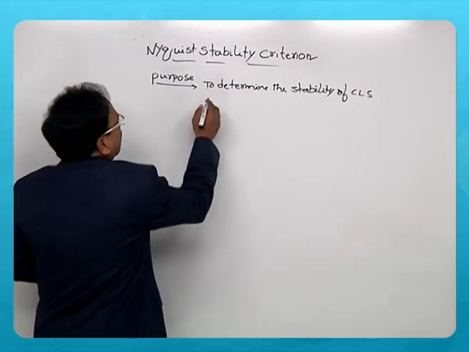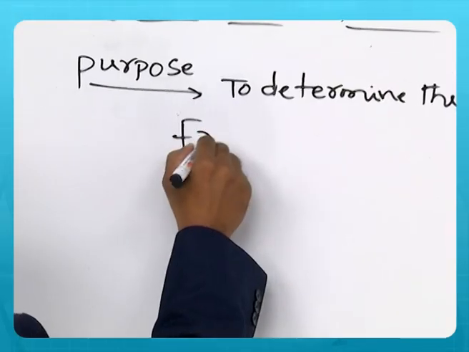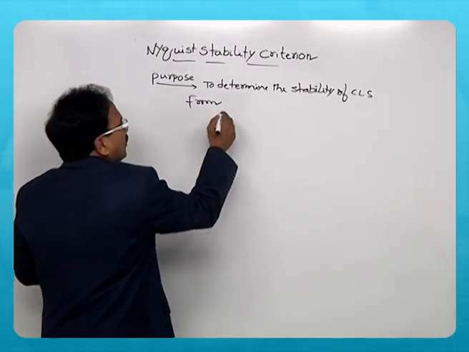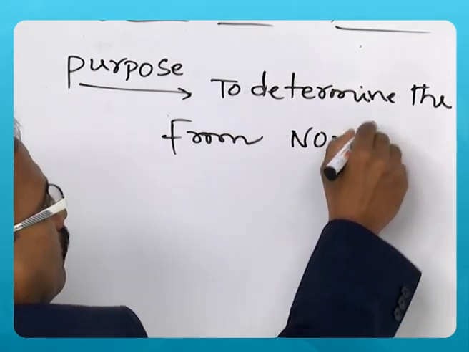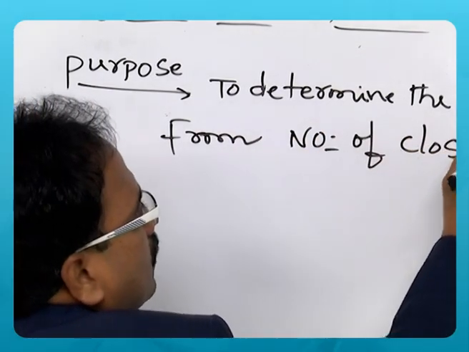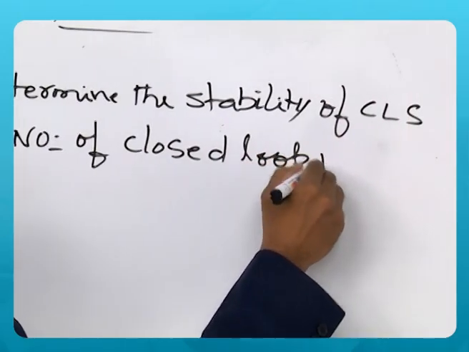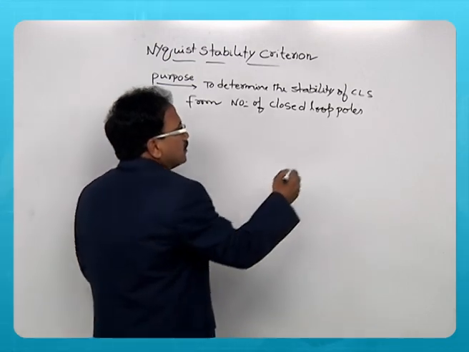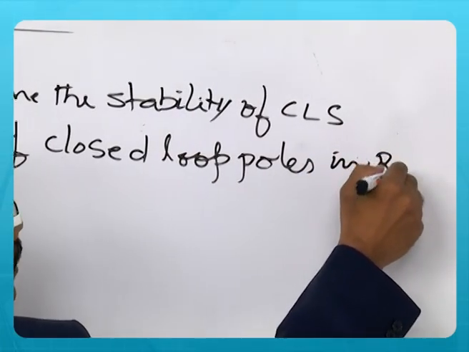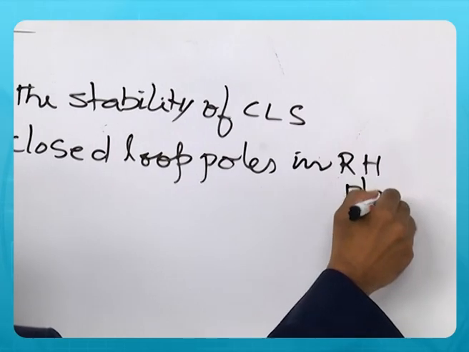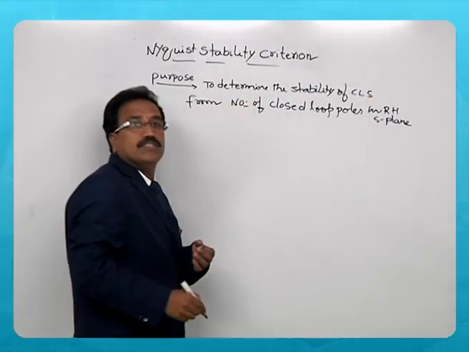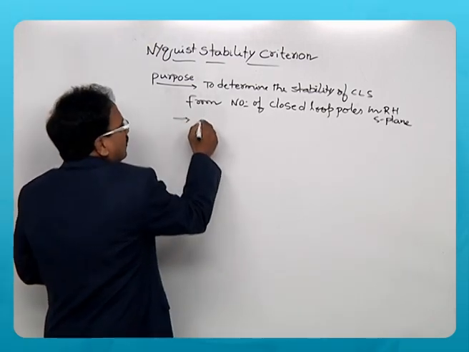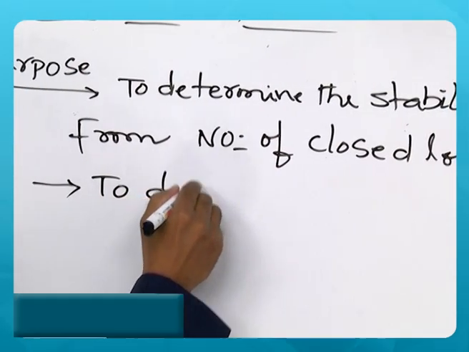And from this plot we can find the number of closed loop poles. We can determine the number of closed loop poles in the right half of the plane. With that you can assess the stability of the system,